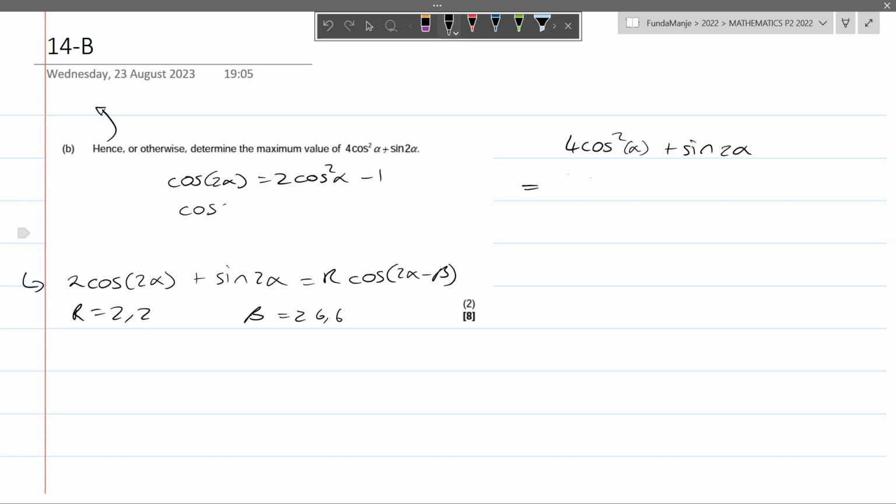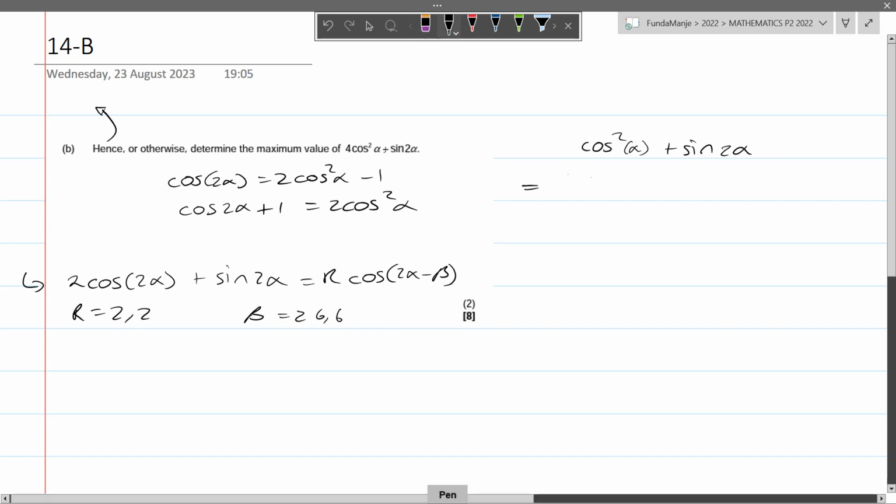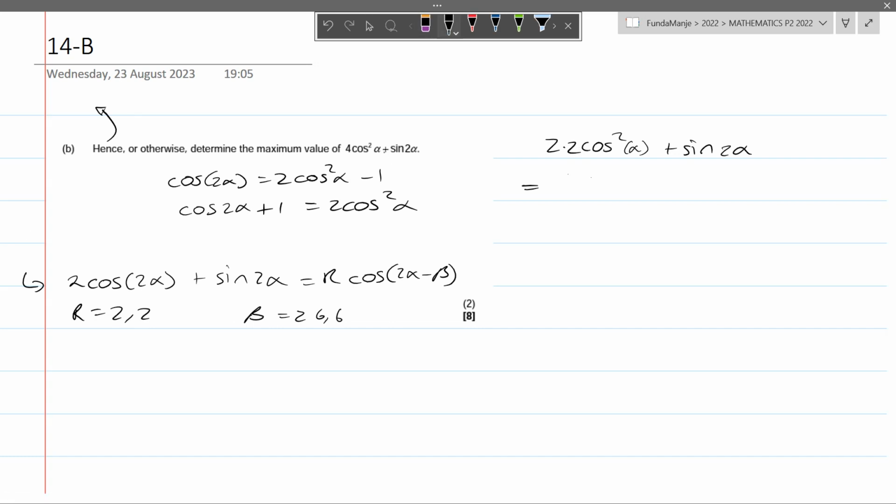So I have cos 2 alpha plus 1 is equal to 2 cos squared alpha, and here I can separate the 4 into 2 times 2, and then I'll make the substitution. So 2 cos squared alpha will be equal to cos 2 alpha plus 1